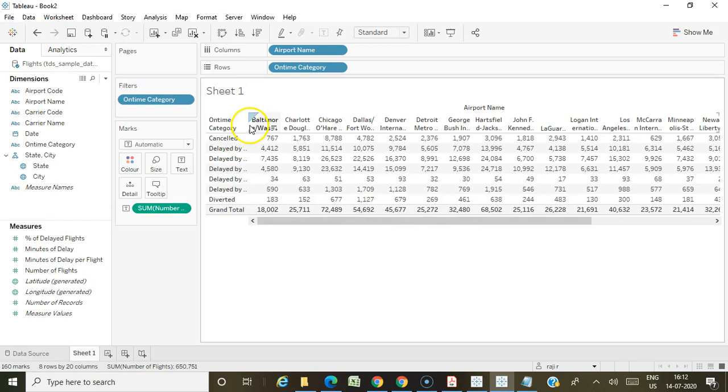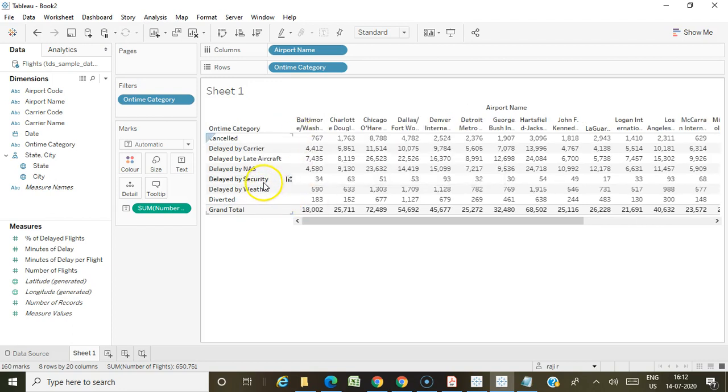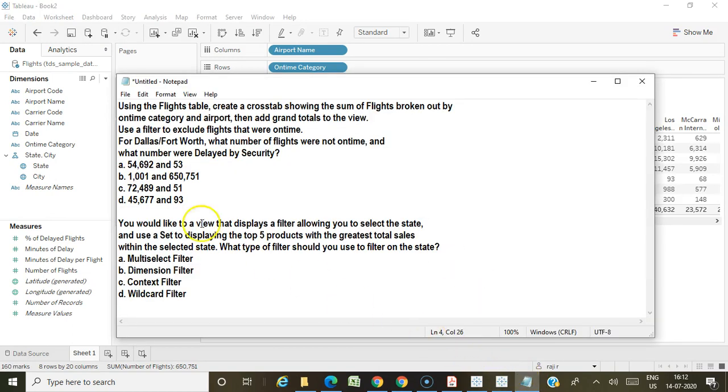You can drag this. The number delayed by security for Dallas Fort Worth International is 53. So the answer should be 53 and 54,692. Let's check in the options. Yes, option A, 53 and 54,692.